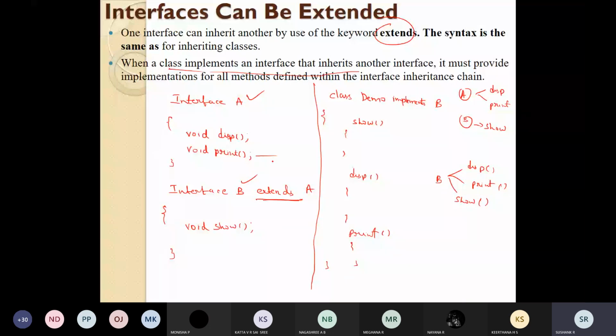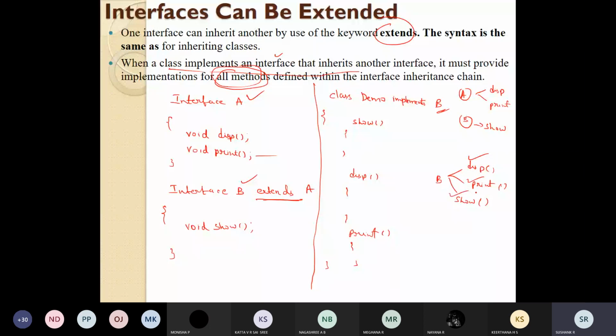This interface B is inheriting another interface, with display and print. When the class implements an interface which is inheriting another interface, it must provide the implementation for all the methods. B contains three methods, so I'm writing the implementation details for three methods. This is how the interface can be extended.